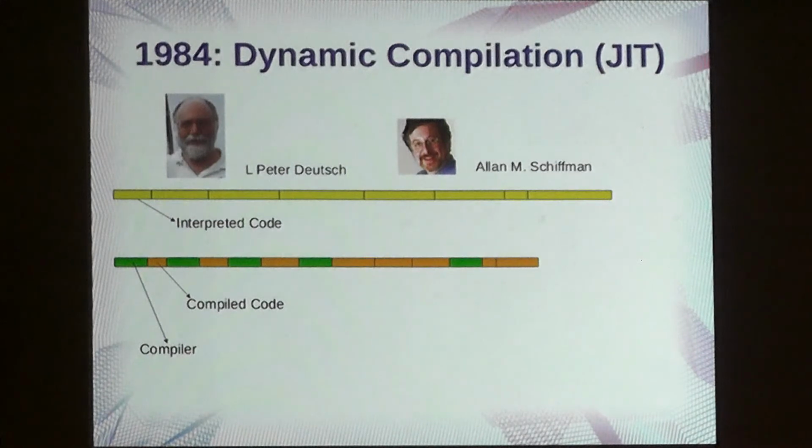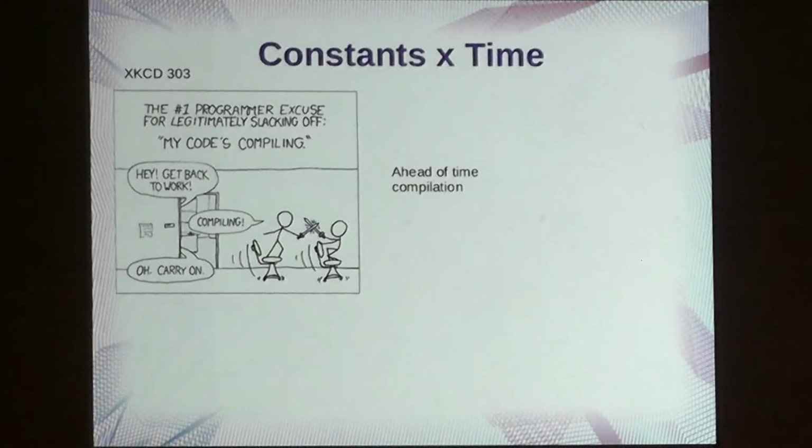Because of the JIT, we have now renamed this ahead-of-time compilation. It used to be just called compilation because all compilation was like that, but now that we have different types of compilation, we call it ahead-of-time compilation. So how can you compete? These guys have 8 hours to generate the best piece of code, and we have to do it in 3 milliseconds. So it seems that the JIT would always lose, except